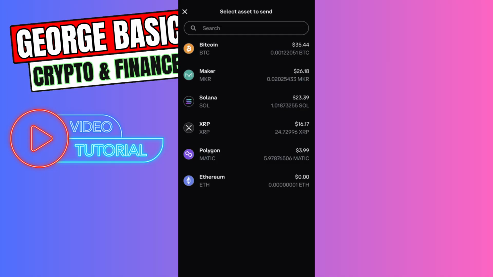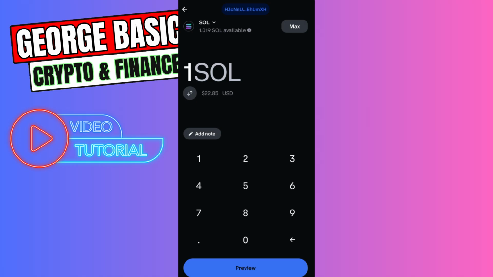Now let's continue. We need to find Solana from the list. Then we need to select the amount of Solana we are sending from Coinbase to Exodus, and we need to finalize the transaction. After that, in a few minutes, we can check our